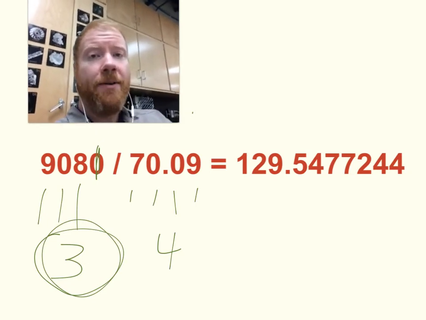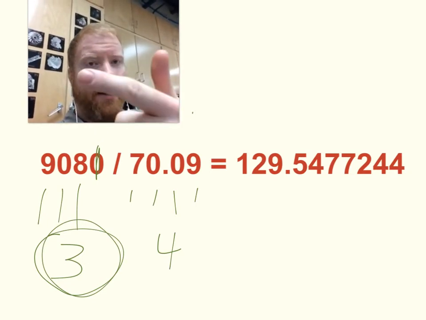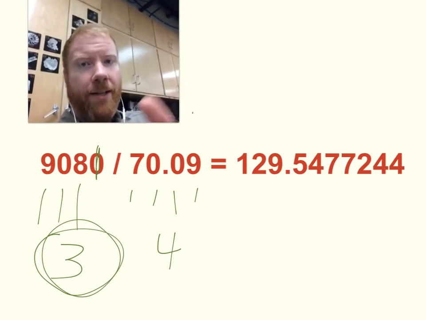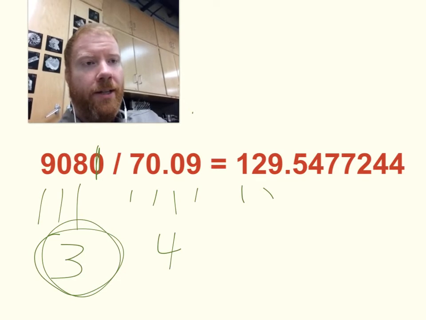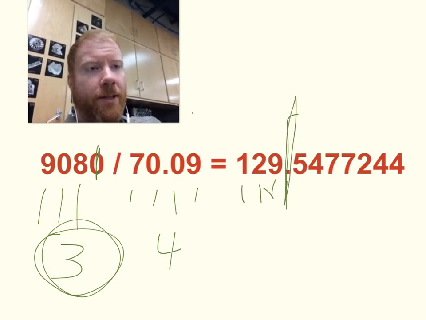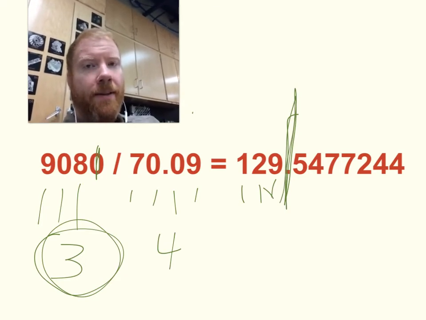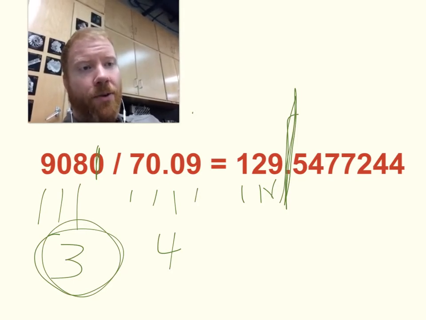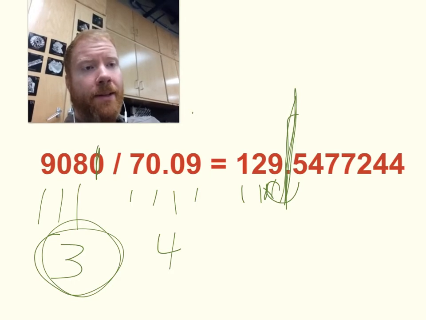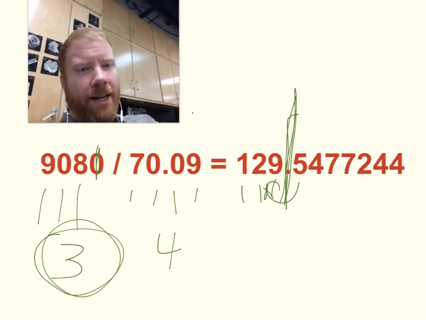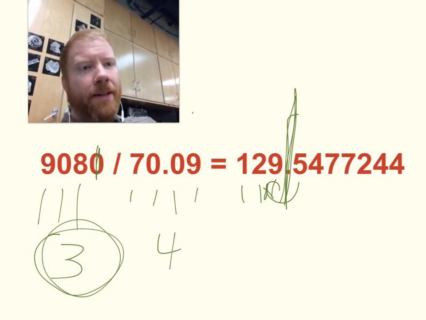So we always count over from the left side of the number, and we count this many sig figs over and then round. Okay, so we're going to start from this 1. That's 1, 2, 3 sig figs. And now we're going to round the number at this point, right here between the 9 and the 5. So remember the rules for rounding is if it's a 5 or higher, it rounds the number up. So this 5 is going to round this 9 up. When 9 gets rounded up, of course, it turns into a 10, which means it's going to bump up to the next highest place on the number. So this is going to round to